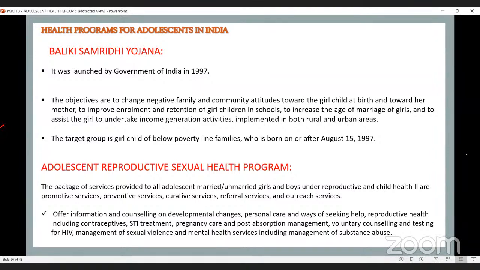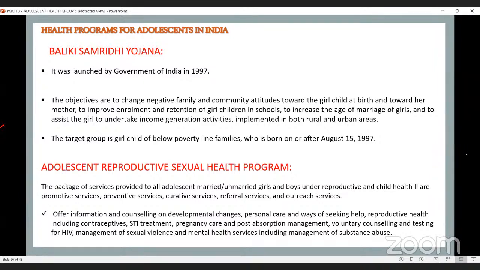The next is the Adolescent Reproductive and Sexual Health Program. This program offers information and counseling on developmental changes, personal care, and ways of seeking help. Reproductive health, including contraceptives, sexually transmitted infection treatment, pregnancy care, and